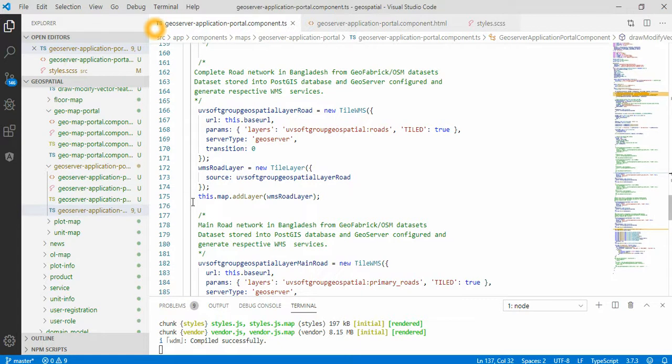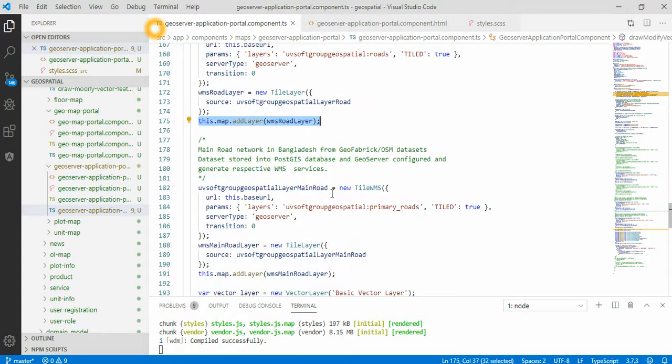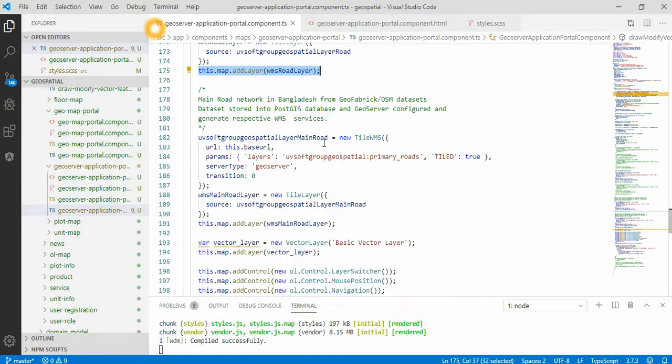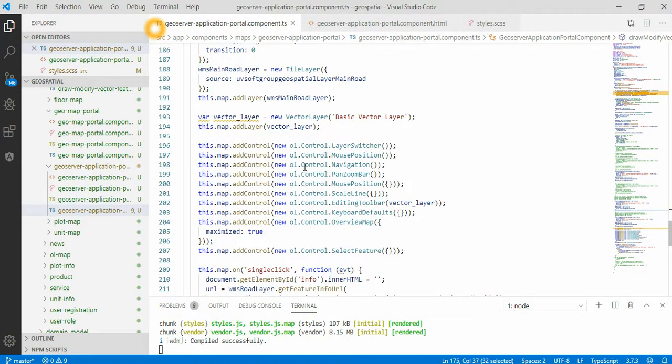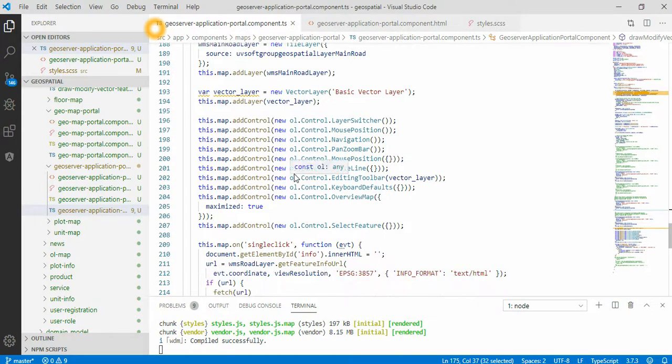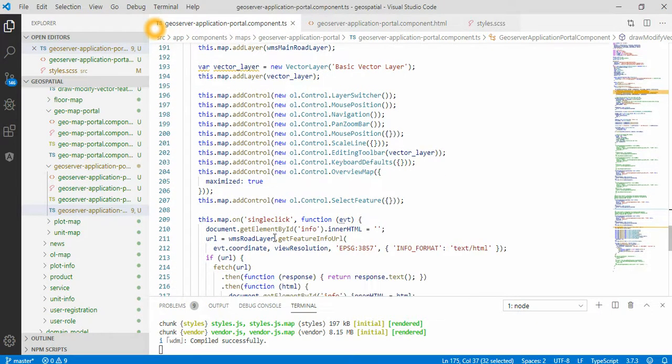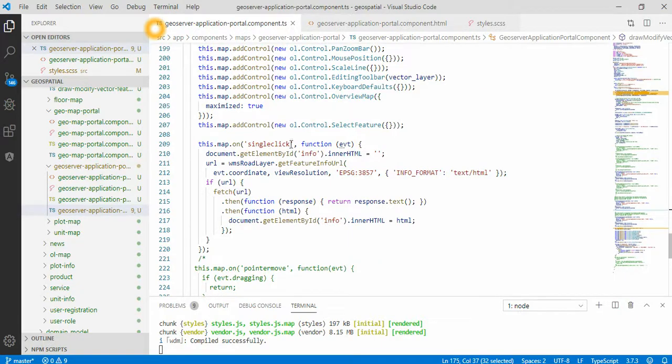We added this layer here, and then we also add this layer, the main roads, with exactly the same thing, and then we put it like an extra control of these maps and pages. So I didn't finish it yet. The one click